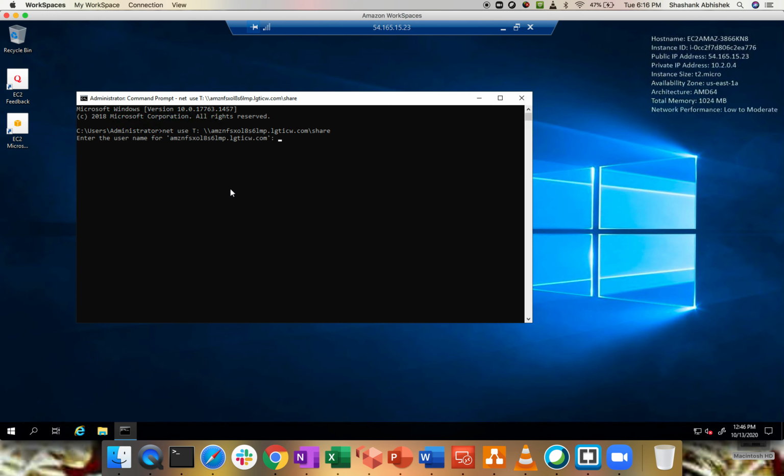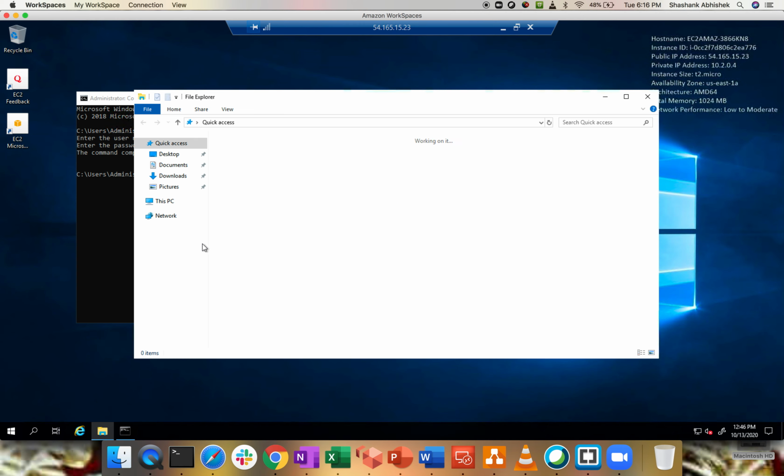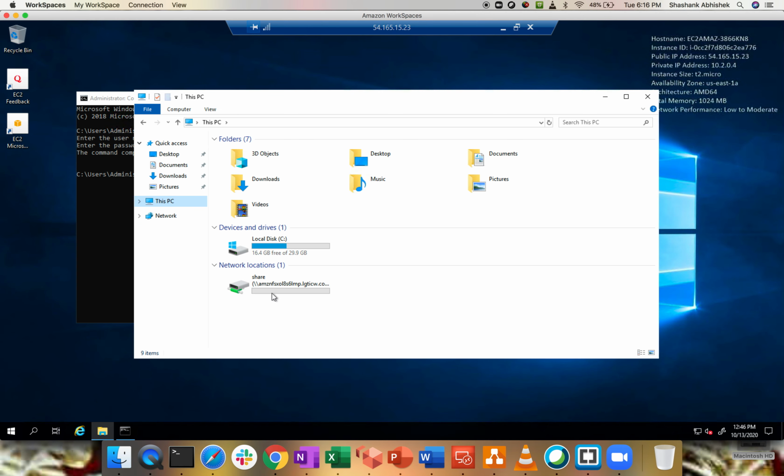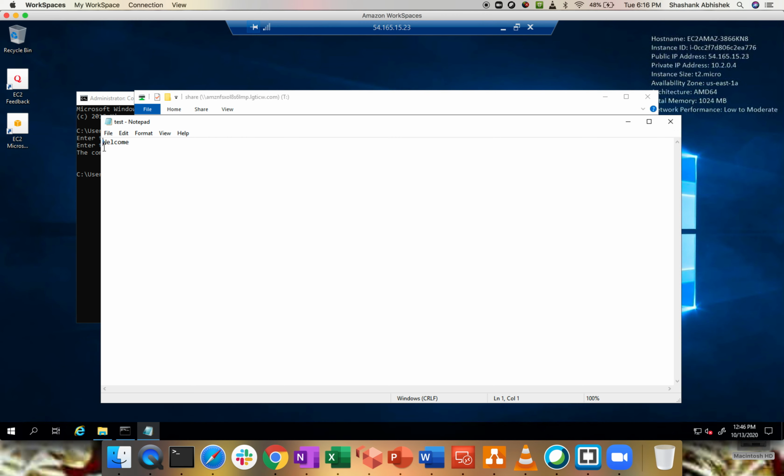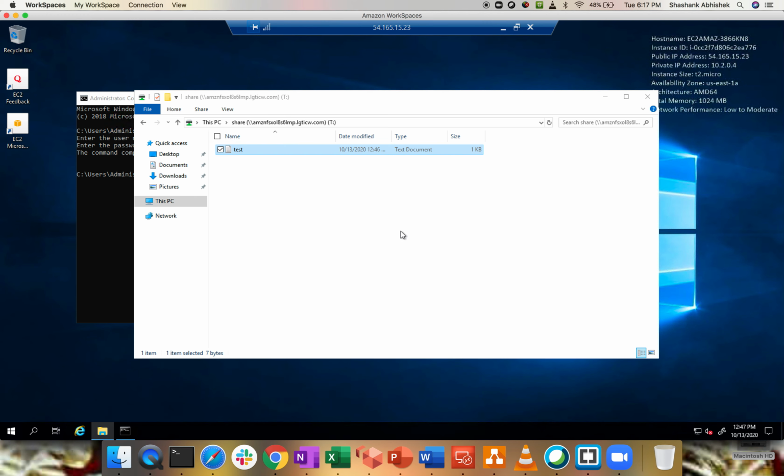Again, we have to give username and password. techincloudyway.com/admin and password. Command completed successfully. Let's go to This PC, click, and here we go. Open this file. We have the text, welcome, right? So basically the same file is getting replicated over here.